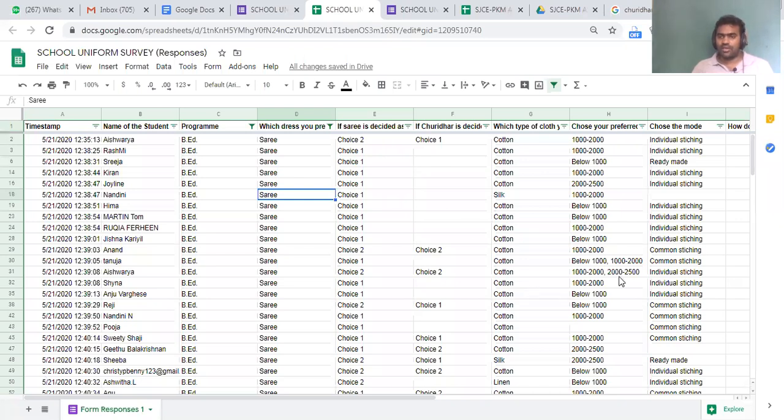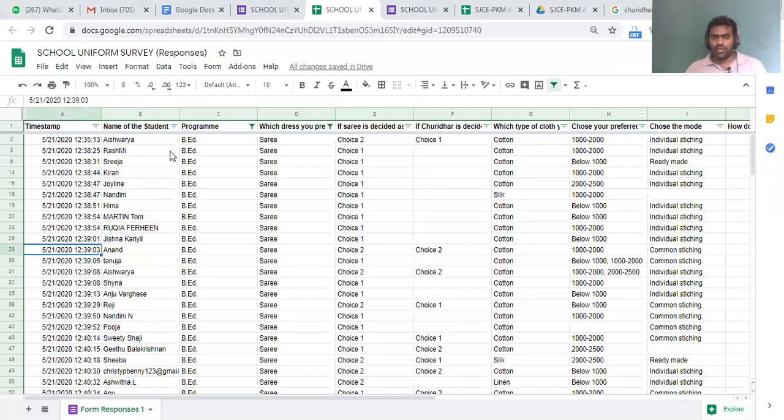Any query related to this? Okay, now is it clear? From this you can choose all the items.